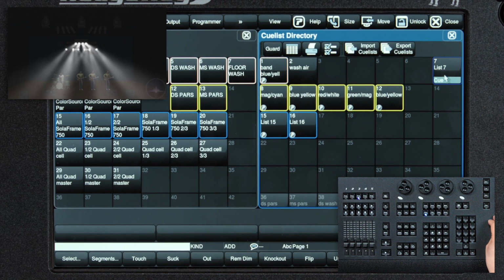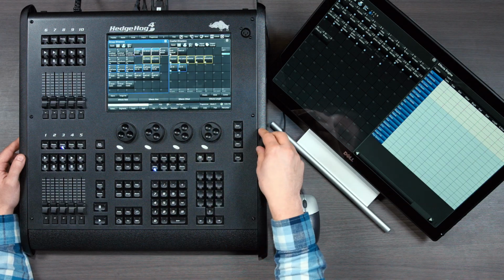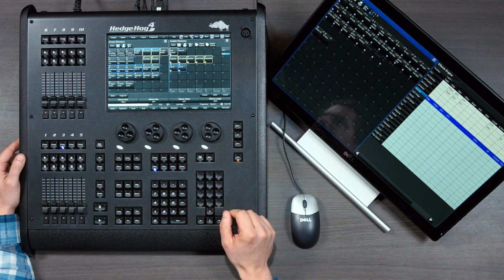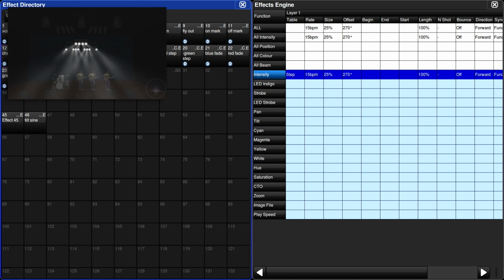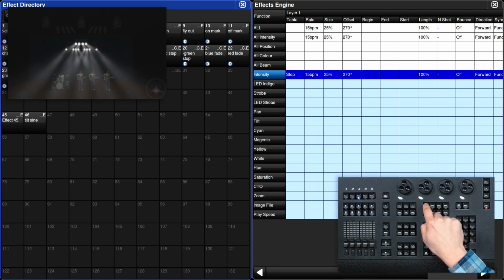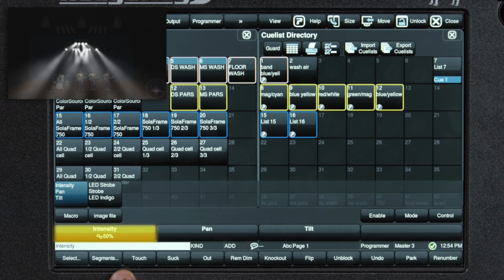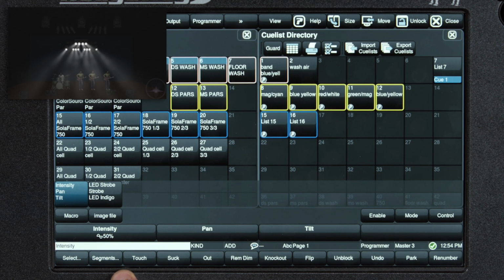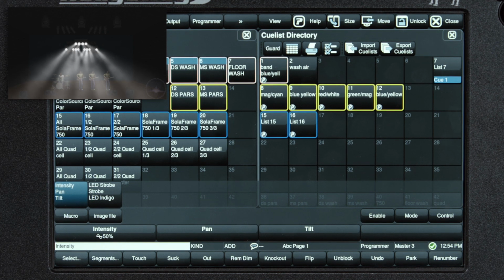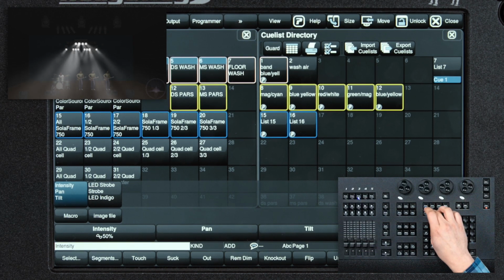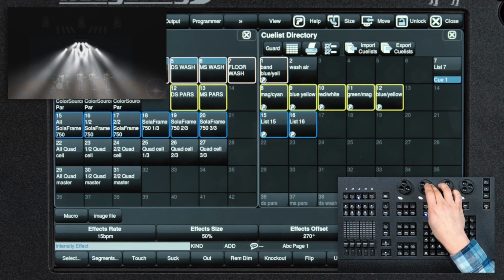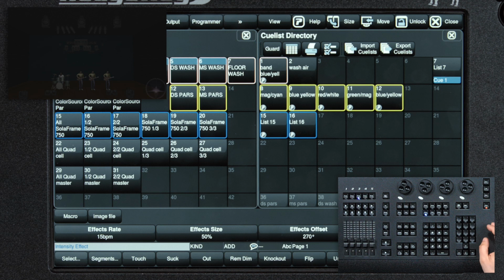Let's try another intensity effect. Fixture selected, and let's put a chaser on the intensity. As you can see, it puts a step on, but what you notice is the intensity doesn't go completely out. If you look, our size says 25%. If I press intensity here, we see our set intensity is 50%. What that's doing is raising our intensity by 25%, then dropping it by 25, giving us the range of 75 to 25. I want to go all the way out, so I am going to raise my effect size to 50, giving us 0 to full.